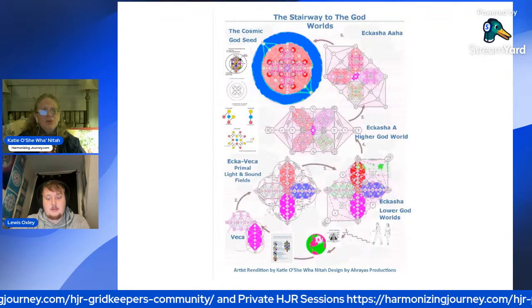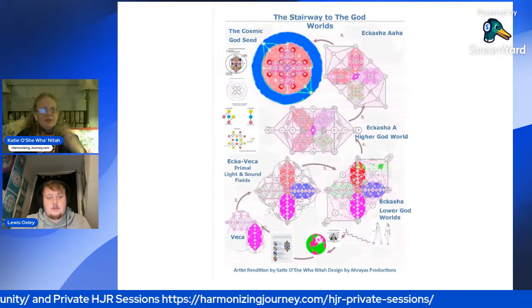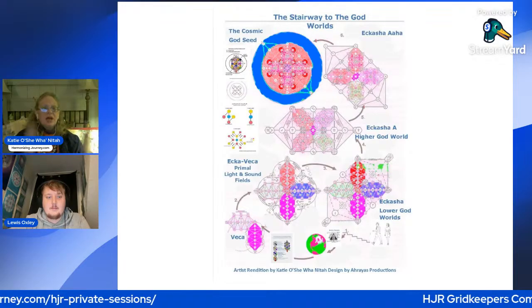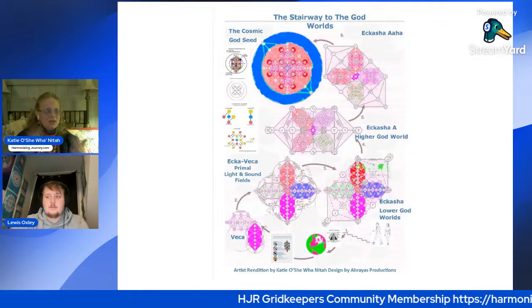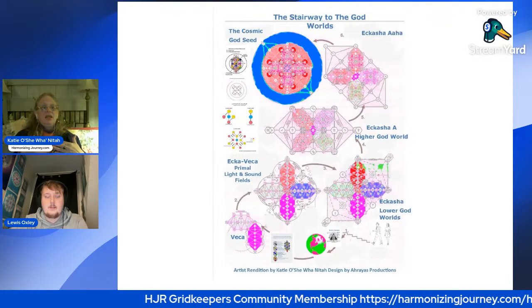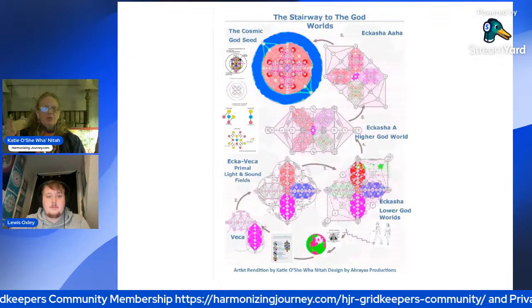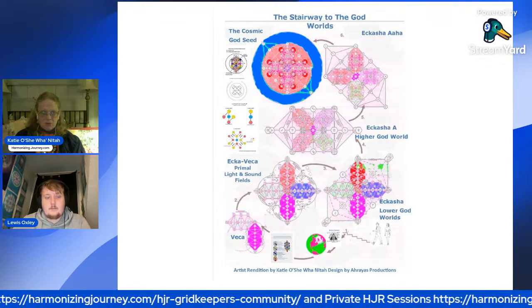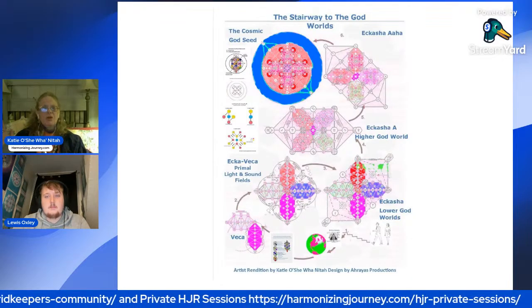And you don't need to know anything to start to be a grid keeper, except: I want to do it. I'm open to it. I'm open to learning about what this is about. That's it. And then at your own pace, I think there's going to be quite a few people in the future that will be joining who are probably just going to be doing the recorded sessions. They're going to take their time and work on it.